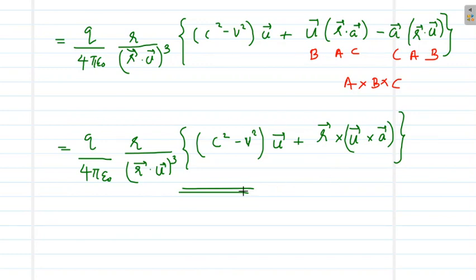This equation has plenty of features and peculiarities. You can get an idea about the concept of radiation and the concept of electric field of a moving point charge from this equation. We will have a brief discussion on the properties of this equation and the properties of the electric field from a moving point charge in the coming sessions. In this session, what we have seen is just deriving the equation for the electric field of a moving point charge. This is the final expression that we have in our hand.